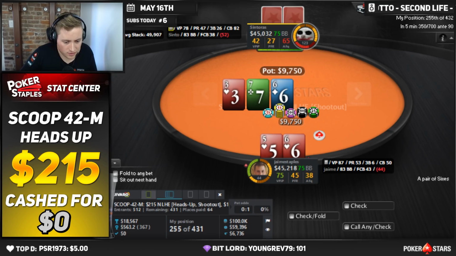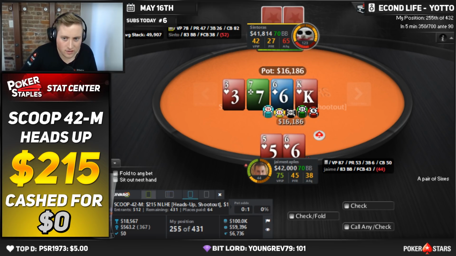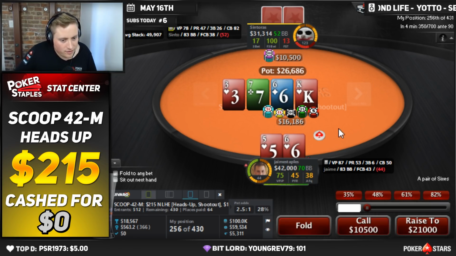All right. And call with 5-6 suited. Nice flop for us. Really good. A very small bet, but we're obviously happy to see a turn. 4 of hearts. King of hearts. Interesting. Well, it's a turn where we get to at least see a river card,